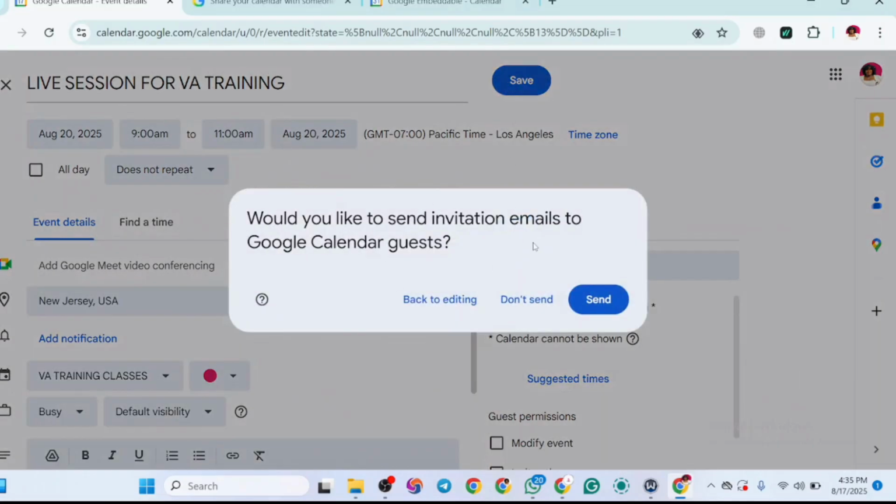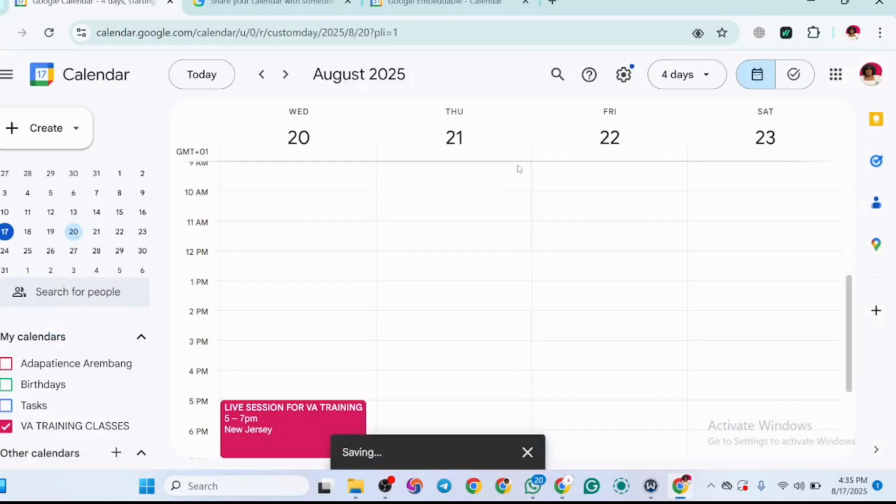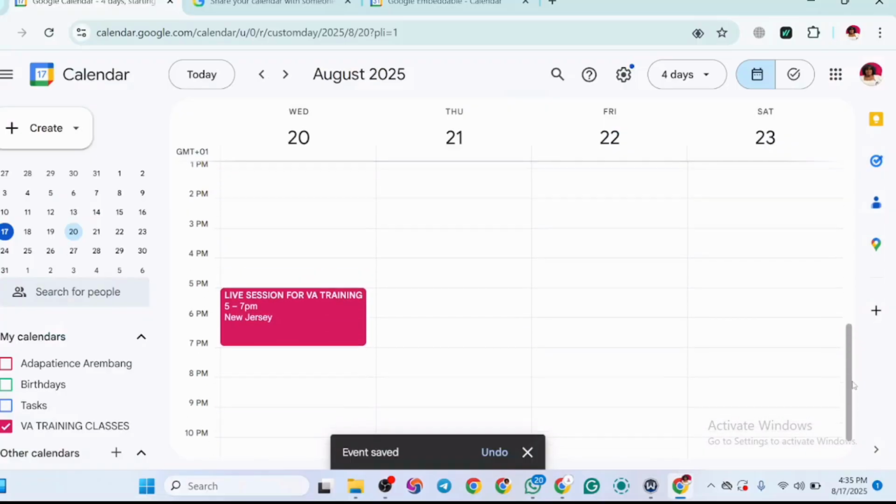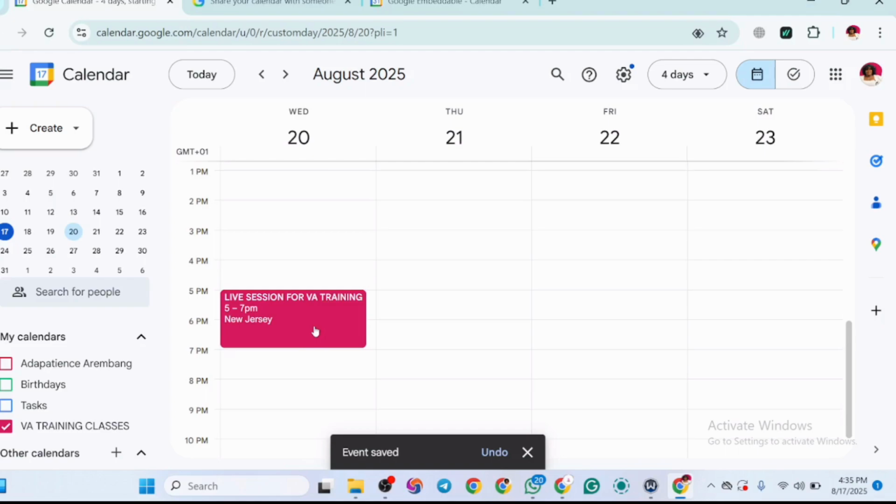Would you like to send this invitation email to Google Calendar guests? Don't send, because I was just testing. They should not go and send Esther an email. So now look at it here. This is our event. Why is it showing 5 p.m. to 7 p.m. when we set the meeting for 9 a.m. to 11 a.m.? That is because